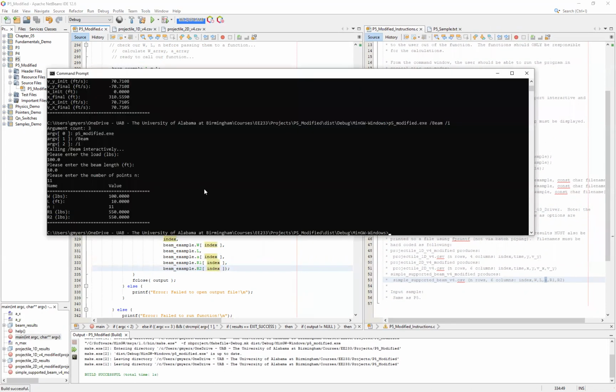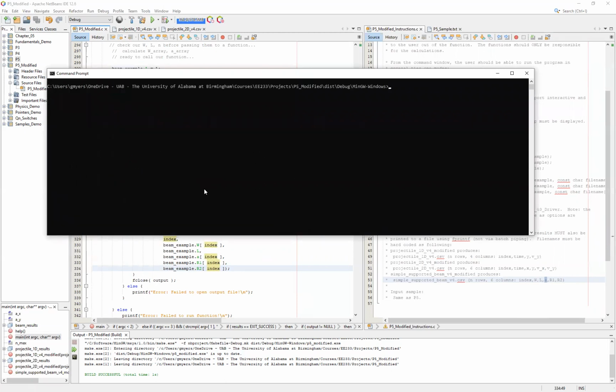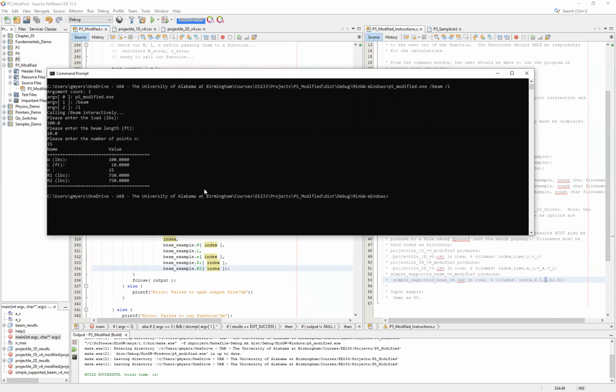Let's come out to the command line. We'll go ahead and clear this, run our P5 modified /beam/I, enter in the load of 100 pounds, beam length we'll make 10, and we'll say that we want to apply that load then at 15 points. So n is equal to 15,